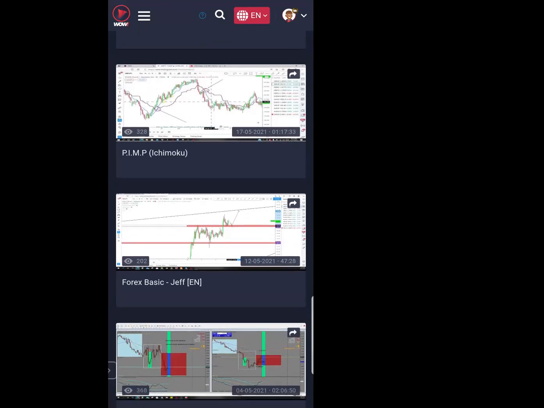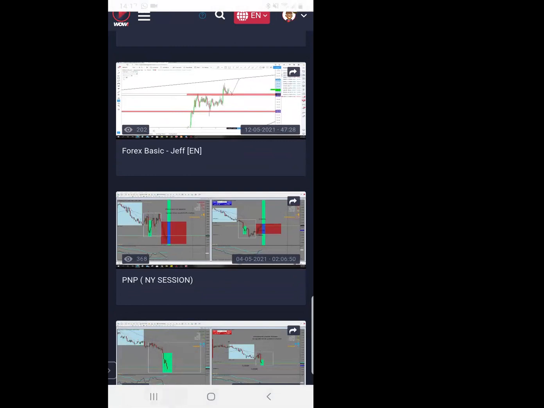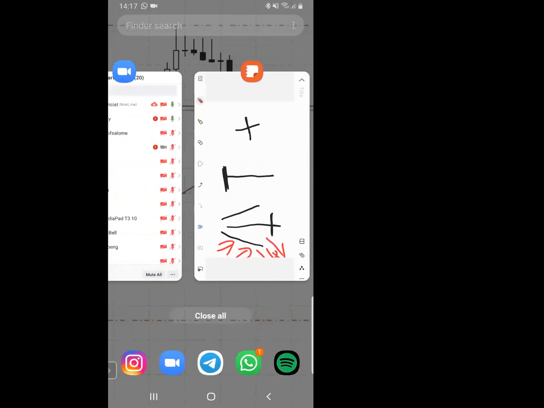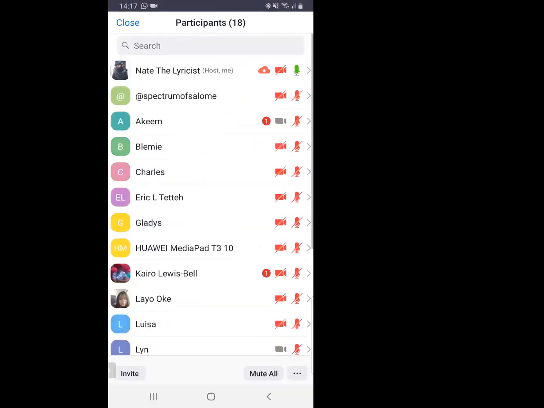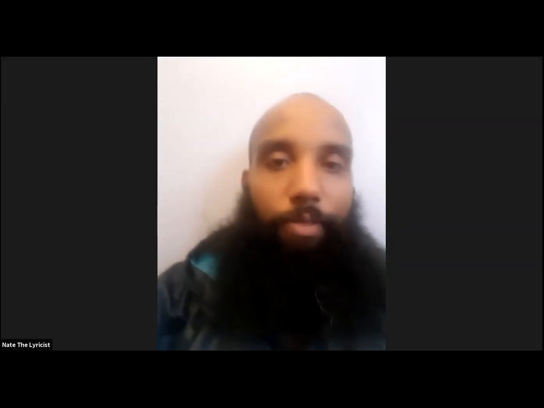Me, I've been trading since September, right? So I'm just showing you guys the basics. I'm showing you guys what I know in the hope that, let me stop sharing my screen, do the eye contact thing. There you go. I'm sharing that with you guys in the hope that you guys will be able to walk a little bit quicker, some of you who are just starting, brand new, some of you, this is your first Sunday study session,